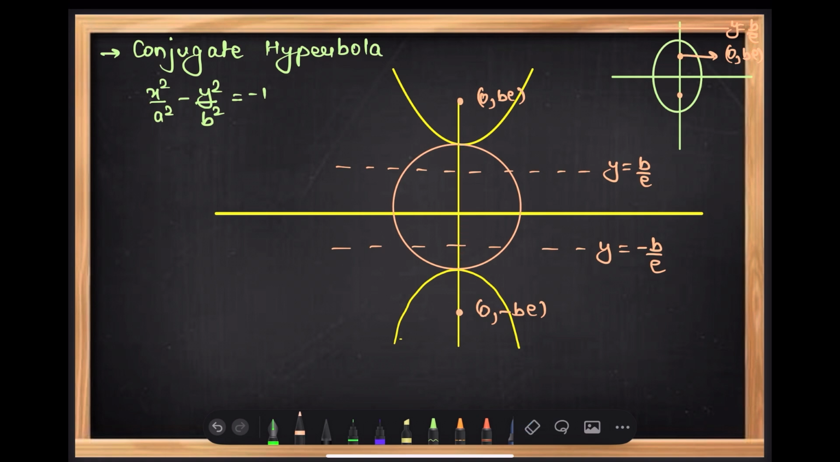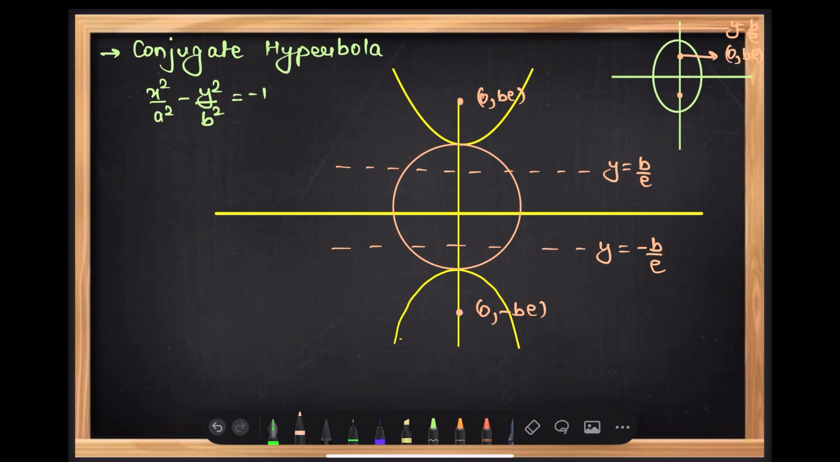Now suppose that I want you to tell me what are the parametric coordinates. Okay, so again you will first multiply by minus both sides, and then again you will go with sec square theta minus tan square theta. Okay, now you have connected vertical ellipse with conjugate hyperbola, so you will take help of those